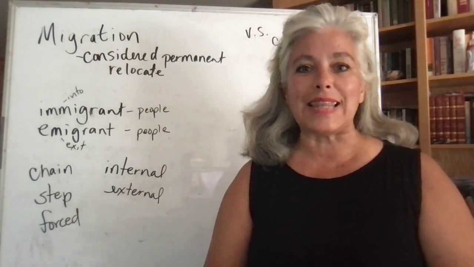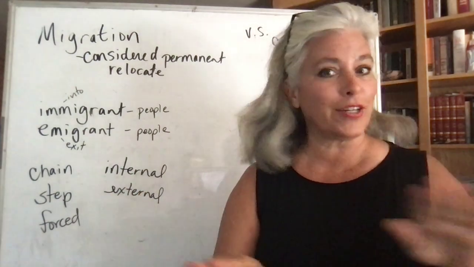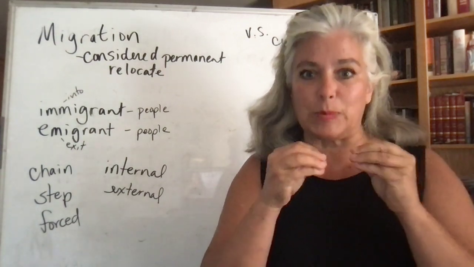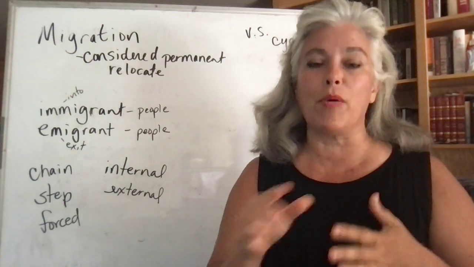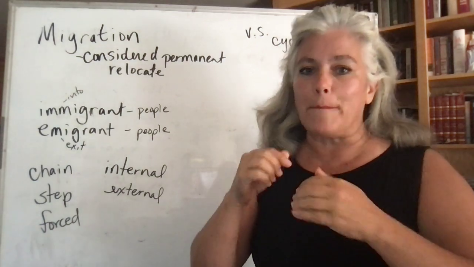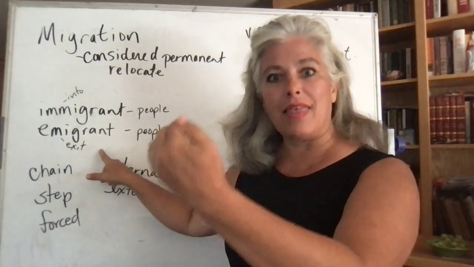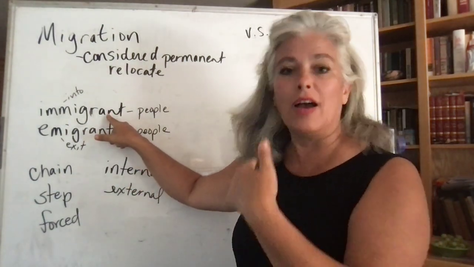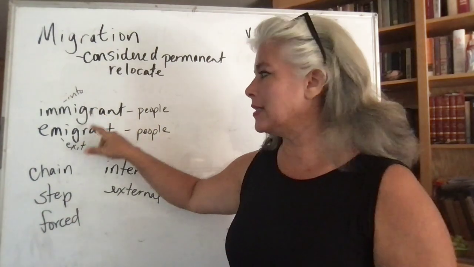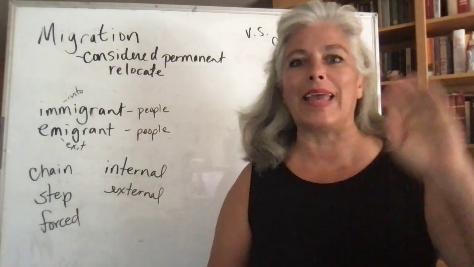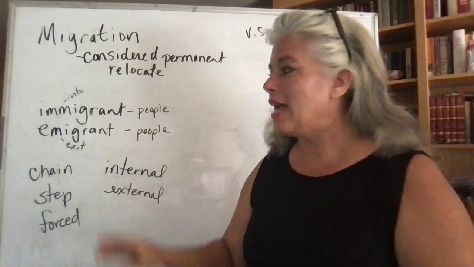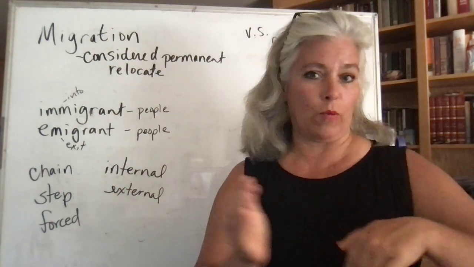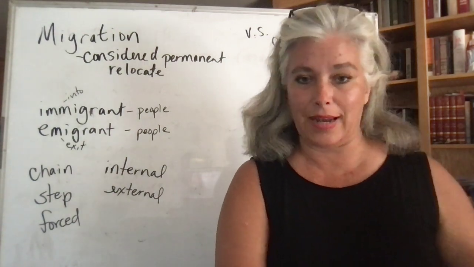You'll see these two words used, not interchangeably, but throughout our chapter about specific directions of the movement that's taking place. I am permanently exiting this place so that I can permanently enter or go into another place. And so immigrant with an I, you're going into a place for the purpose of staying there. Emigrant with an E, you're exiting your original location with the intention of not residing there anymore.